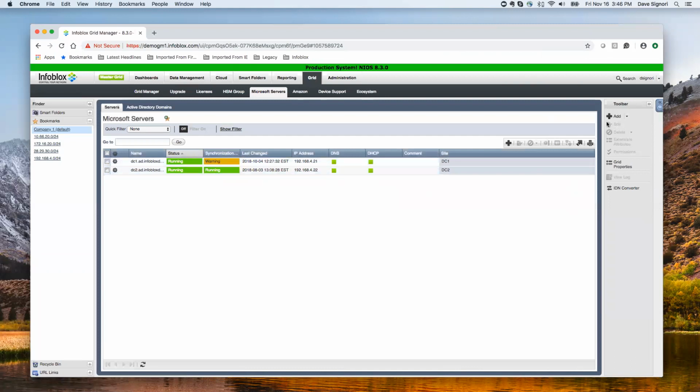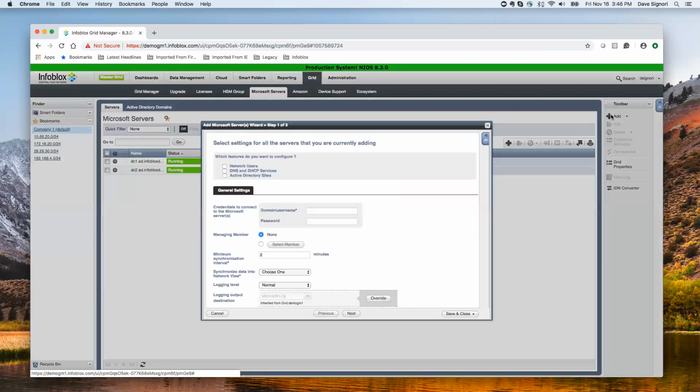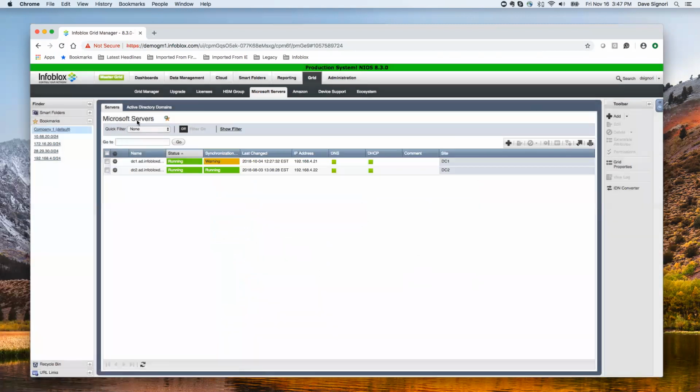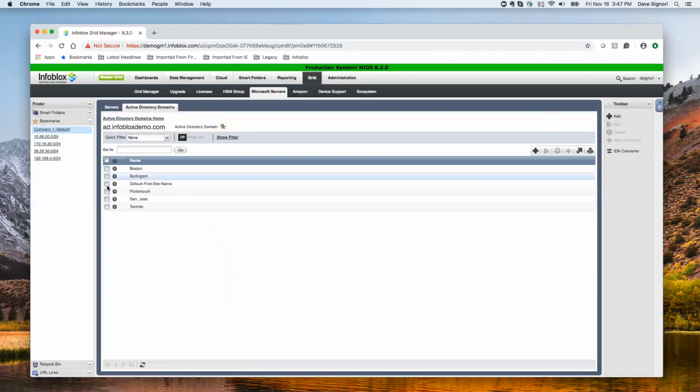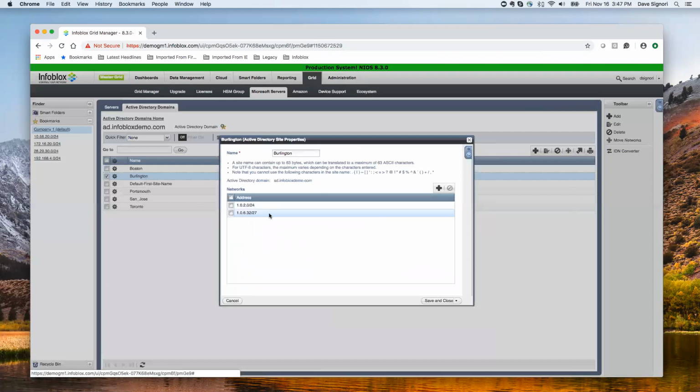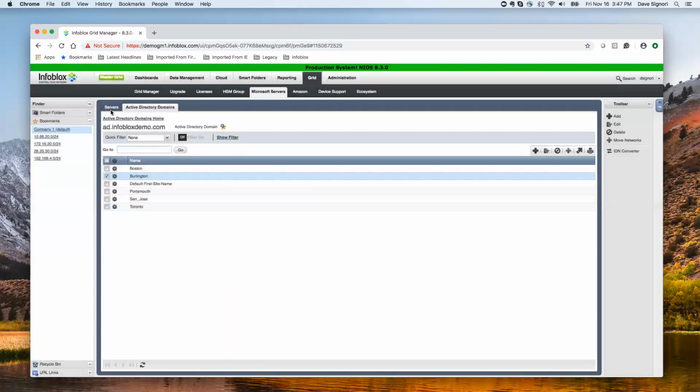They can be running Active Directory as well. You can choose that. When you go to add a new Microsoft system, you're providing what features you want us to configure or discover here. Is it users for identity mapping? Is it DNS, DHCP service? Is it Active Directory sites? And then you can configure the connection parameters there. Also, the Active Directory domains that we discovered are here as well. In addition to the sites, you can drill into the sites and you'll see the subnets configured for replication. These subnets then get pulled into IPAM as well, so you can keep track of those, right? So once that's configured,